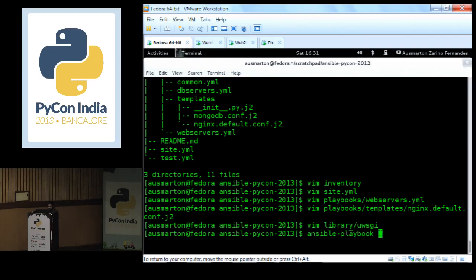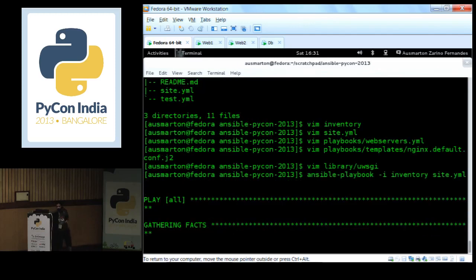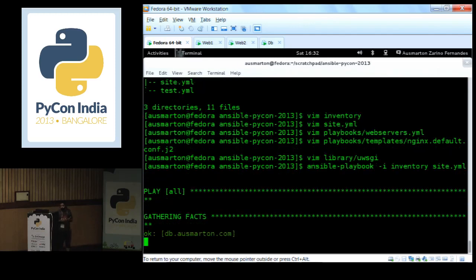Ansible playbook is the command. Then I specify the inventory file, and then I say I want it to apply to all the hosts. Apply this playbook to it. So yeah, Q&A.